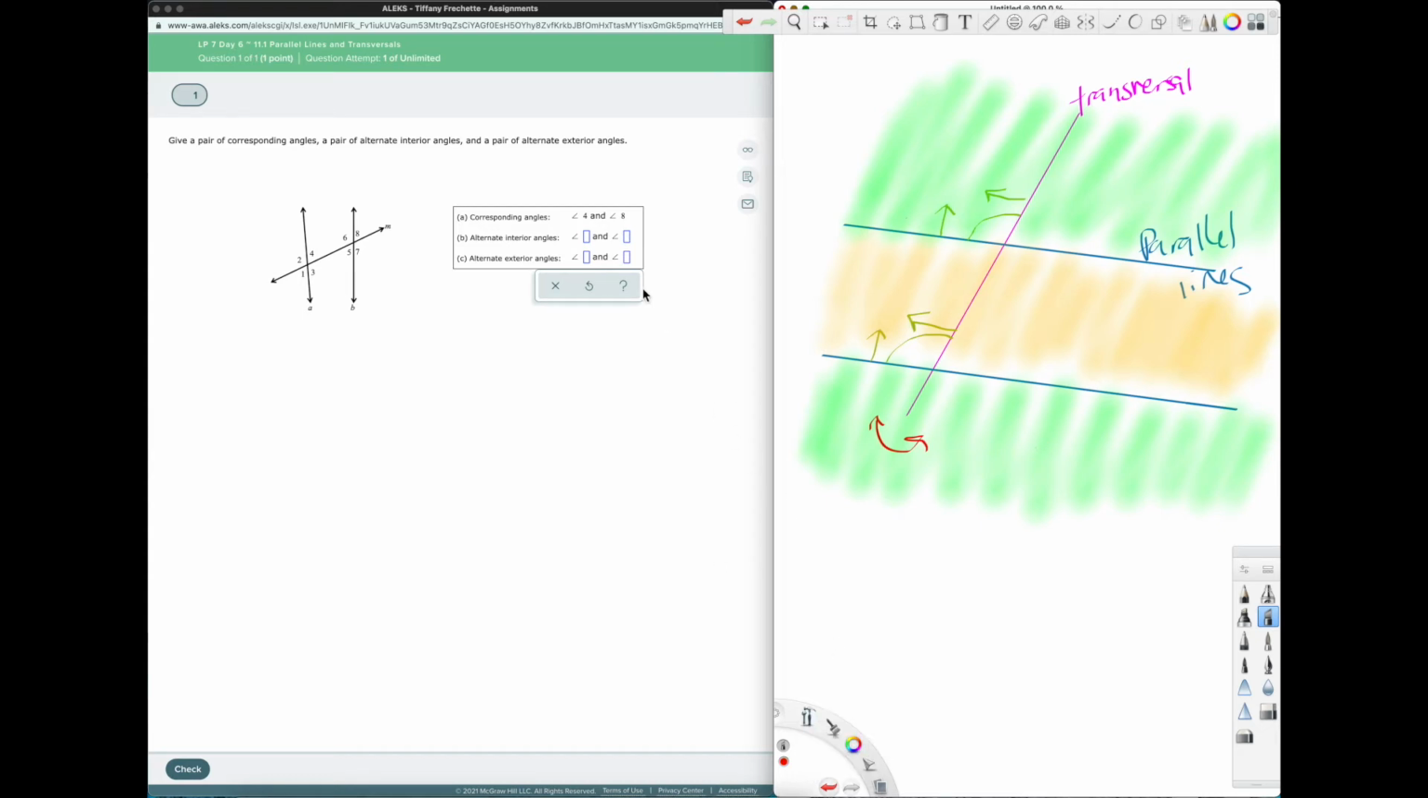So if I want alternate interior, I want to be in the yellow area, in between the parallel lines. So I'm going to just pick an angle here. I'll pick this guy. So it's on the left side of the transversal. So I need to go to the other side, the alternate side, but I don't want to just go right across. I want to go right across and then kind of opposite. I want to go as far away as I possibly can without leaving the inside here. So it's on the right side and it's on the opposite end of the figure. So these two would also be congruent, and I can also lasso this guy